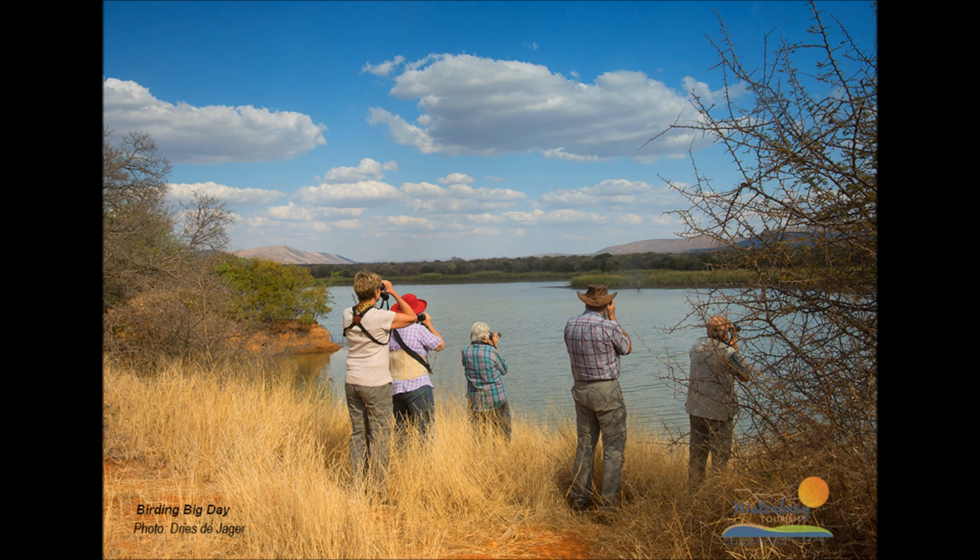for the last 2 years, and our fixed point has been Vaalwater, and we've encouraged as many people as possible to participate in these two events that we've participated in. In 2018, 77 people participated, and we got a list of 291 species. We came in number 6 in South Africa, and last year we had 50 people participating, and we got 270 species. So it shows the benefits of this sort of collective effort of birding and being able to